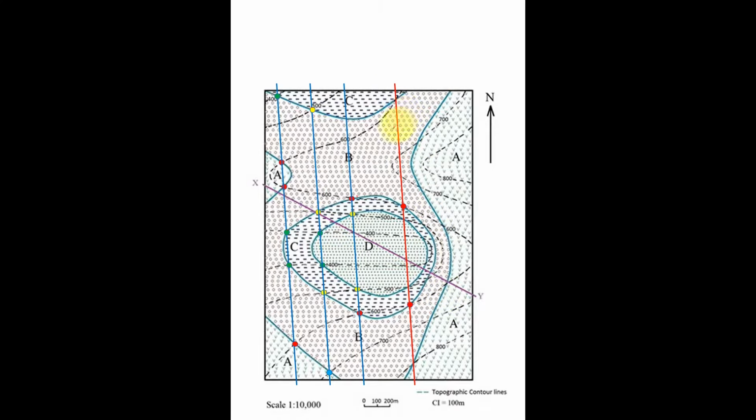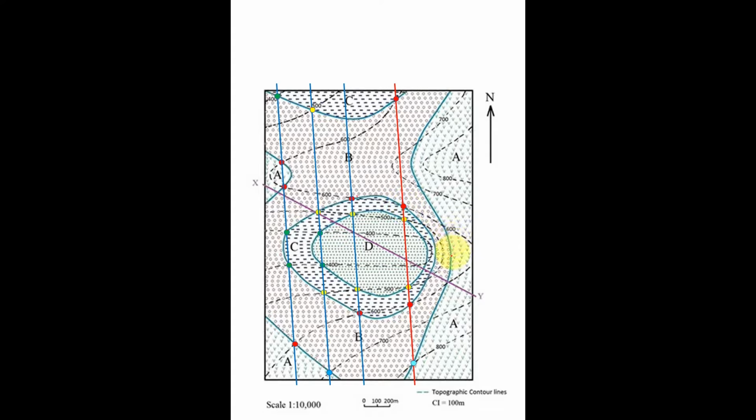Now I have shown this strike line in red color. I'll be telling you later on why. You can already guess that this strike line is something different. It's not equal in distance with this. Okay, which other points are there on the strike line? This 600 is at this point, 600 contour on junction CB. Then we have this 500 on junction CD here and here, and 800 on junction AB. Okay, so again according to our color code we will mark them.